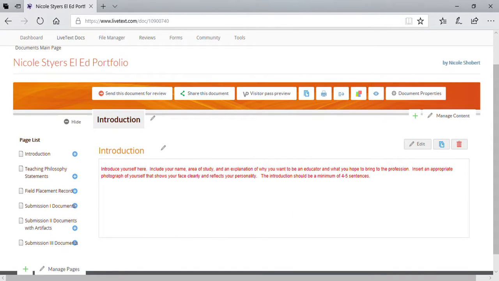All right, so once you have your portfolio started, you can begin working on submission 1. And according to your orange portfolio submission 1 information sheet, there's about 8 things that you need to take care of for this submission. And the first one is your introduction. So to do that, it's on just the first page, should open up the first thing when you open your portfolio. You are going to go into edit,